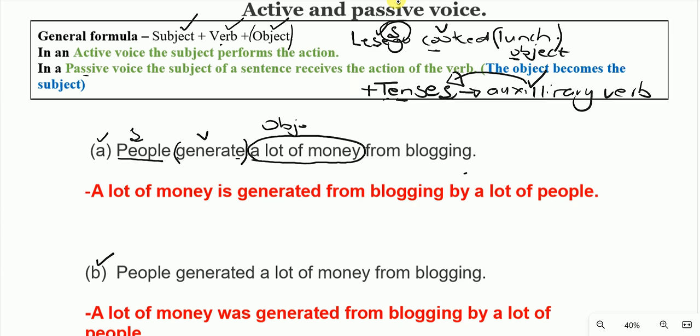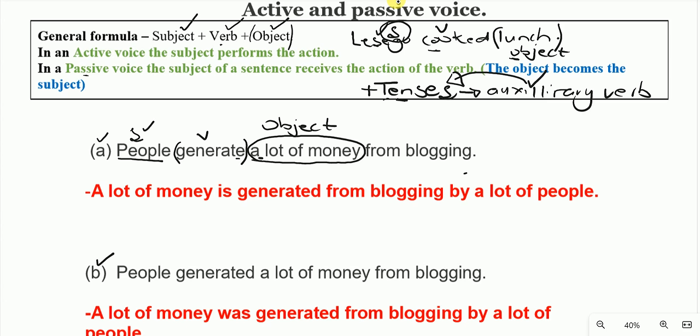Now the sentence A is in an active voice. We have to take it now into a passive voice. Remember what we said? In an active voice, the subject will perform the action. In a passive voice, now we start with an object, because we take the object to become the subject of the sentence, and it does perform the action. Now after